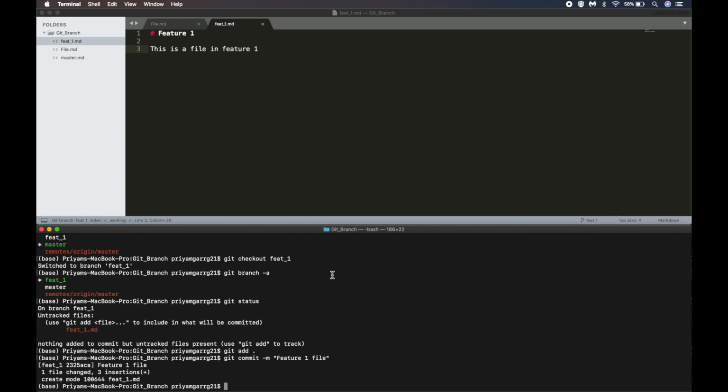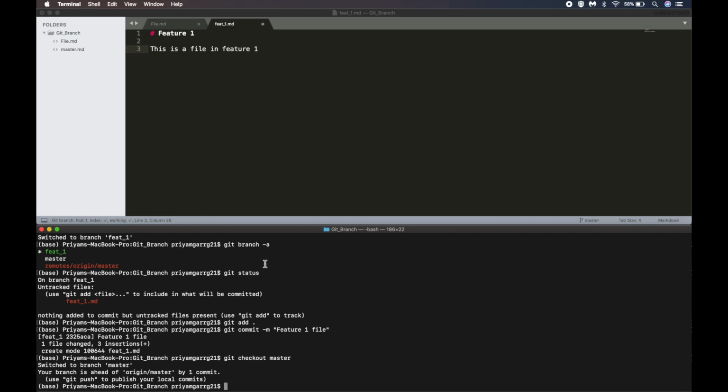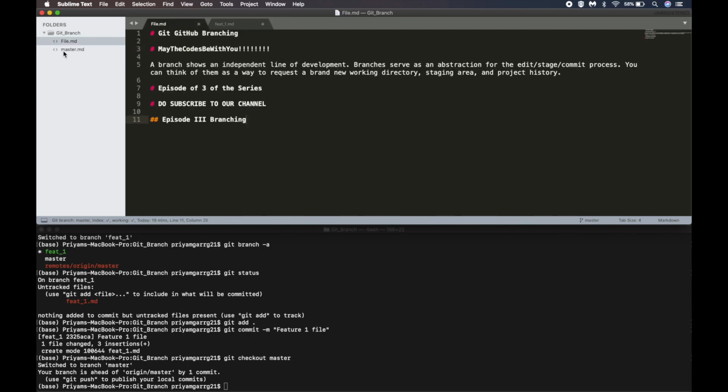So let us check out to our master branch, and let us see what's happened. So as you can see our file has gone from here because the changes we have made have been made in branch feat_1 and not in branch master.